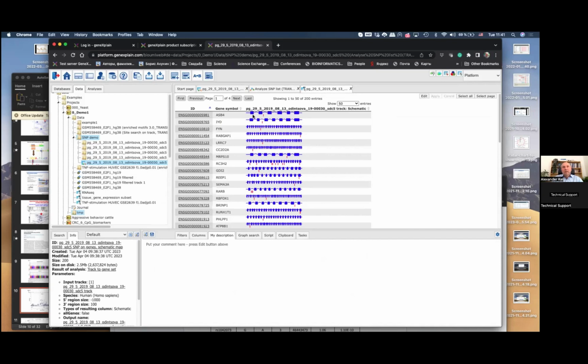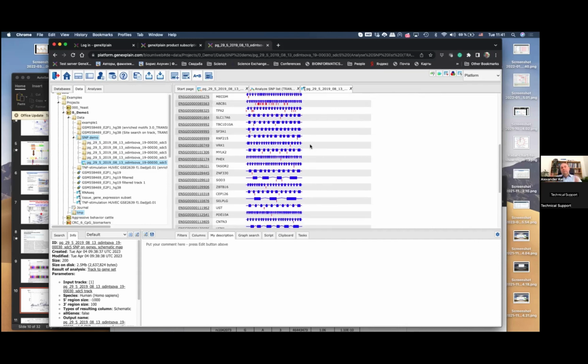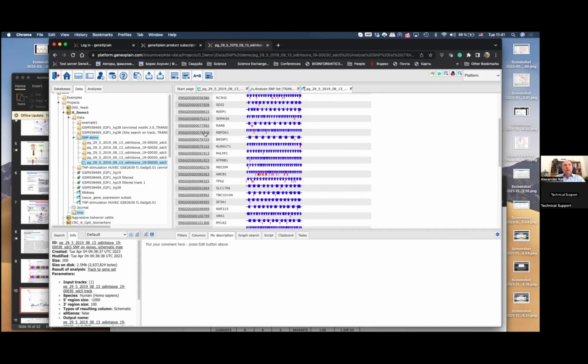And here these blue boxes are actually exons, and the SNP is shown by this red bar. You see in most of the cases it's located in the intron areas, or sometimes you see it in the 5', like in this gene, it's near the promoter, and so on. So you see such a diagram which gives you a sort of overview of where its SNPs are, and then